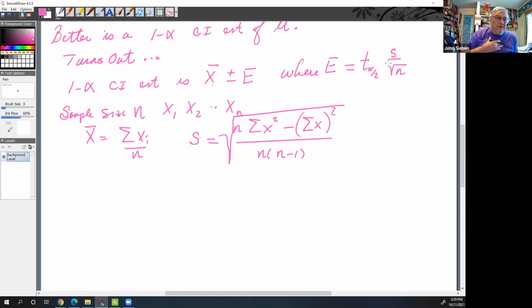I mean, the chances are 0 that I would know the standard deviation, or near 0 anyway. Maybe some weird case where an angel came and told me what the standard deviation was, but in any rational world, if I don't know X bar, I'm not going to know S. I'm going to have to compute it. All right, so anyway, given all of those reasons, let's get out some data and see if we can calculate